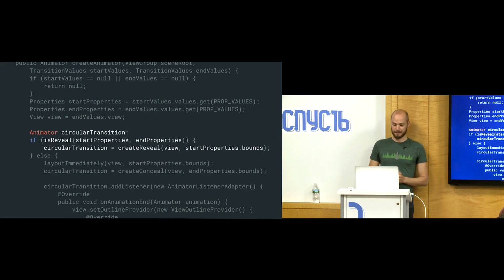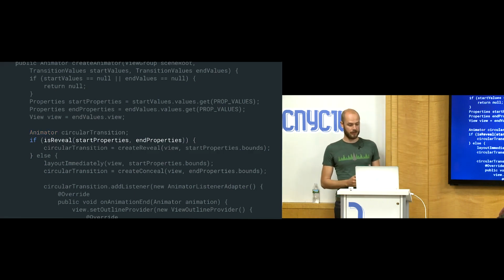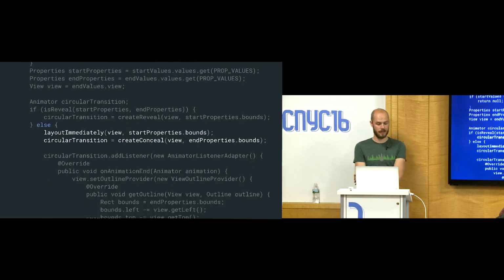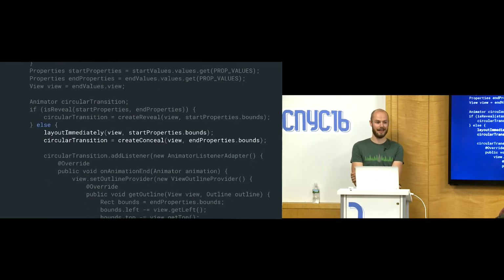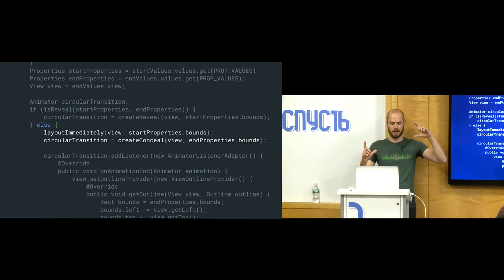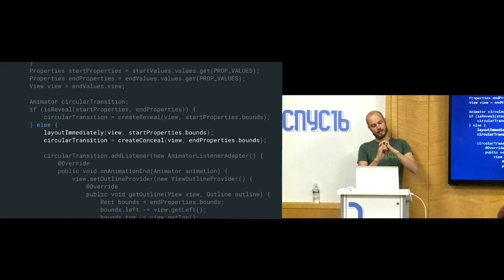So on the other way, if we're concealing that, what will happen is we first of all have to lay out the target view that we're transitioning to using the initial bounds. So in this case, the view is the card view, so the big view, and on the way down to the fab, what will happen is that